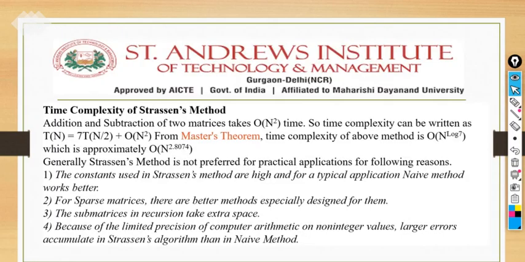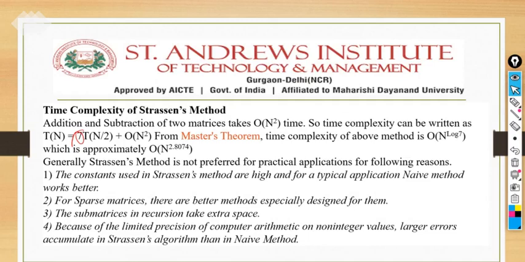Next we have time complexity. What about the time complexity? It decreases the multiplication by 1. Previously we saw that 8 multiplications will be there in the simple divide and conquer, and after applying the divide and conquer technique in the Strassen matrix multiplication method, we are using the Strassen method, so it will execute very well, and it reduces the time complexity a little bit. How is it possible?